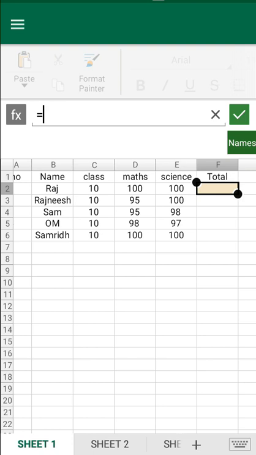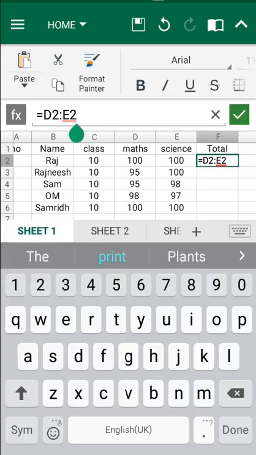Suppose I want to calculate 100 plus 100, so the cell range is that my data is in D2 and I'll drag it to E2, so I calculate from D2 to E2. D2 to E2 is the cell range from where I need a calculation. So I'll select that range, drag it to that location, and click OK.